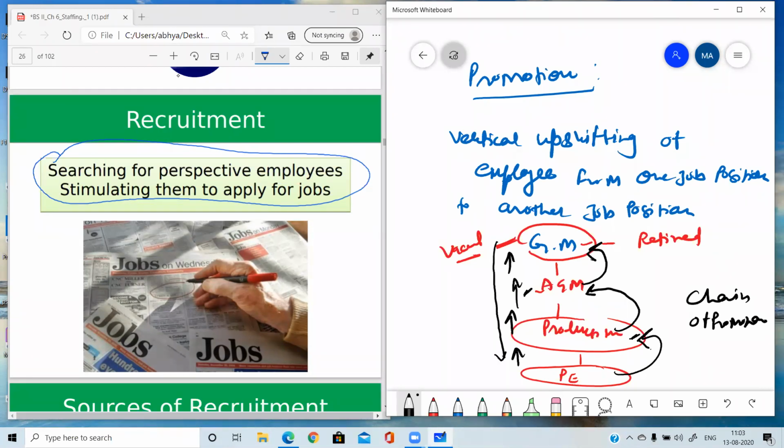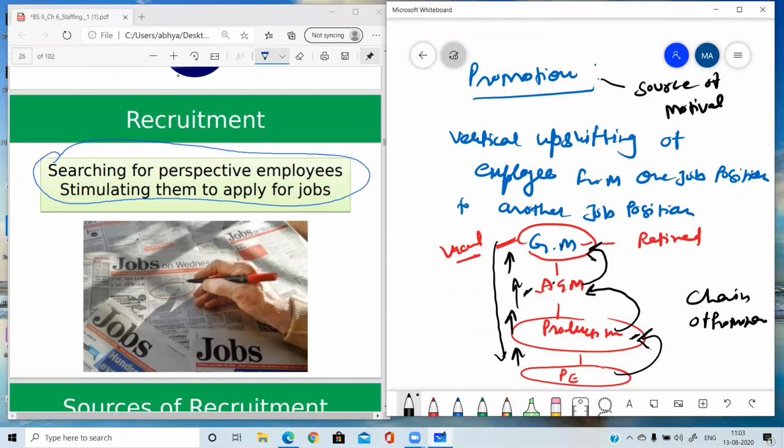In the initial stage, the topmost position in the organization was vacant. When this person has filled it, then his place will be vacant. Then this chain will start, and it will come to the end at the lowest level of the organization. If we have surplus employees, then we can easily appoint a lower level employee at the vacant position. If not, then we can take employees from outside. Taking employees for the lower level from outside is not a problem, because at the lower level, no more authorities or responsibilities are given. That is why promotion is also a source of motivation.